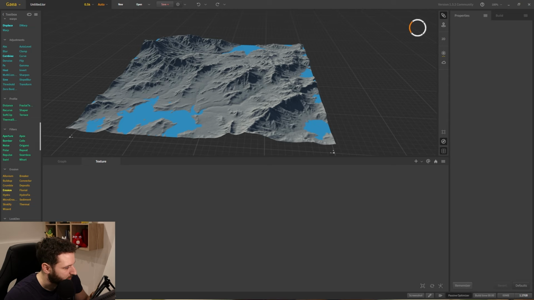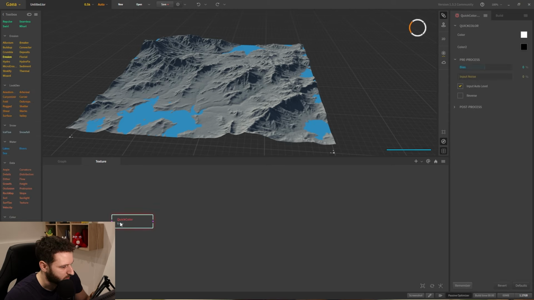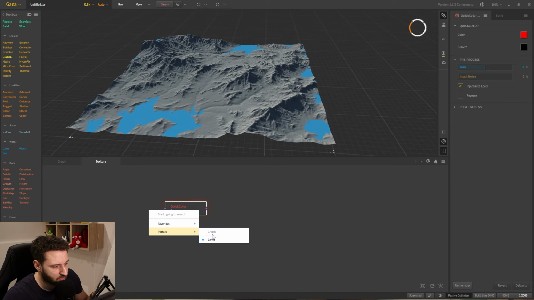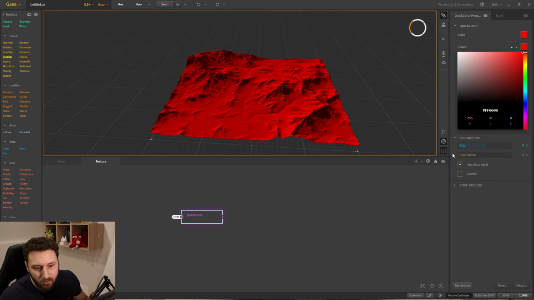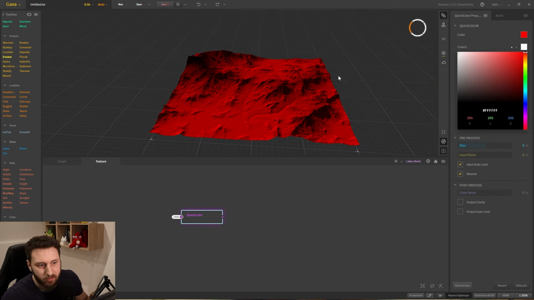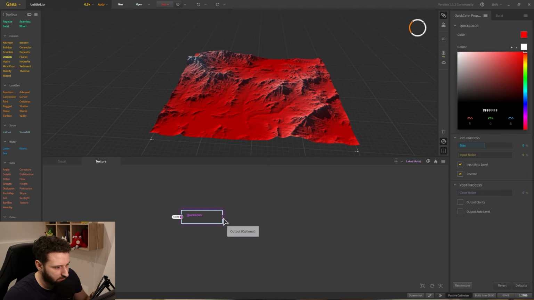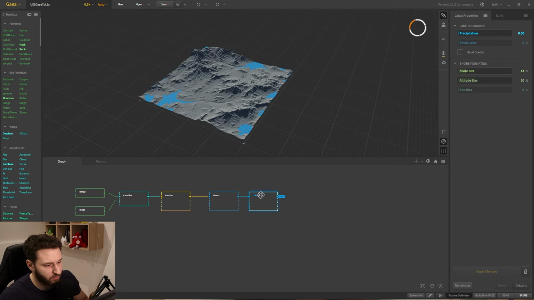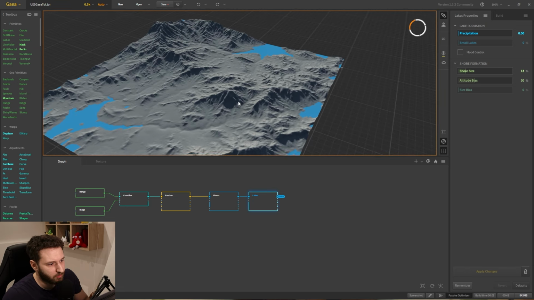If I go in here and get some color, first, let's do a quick color. And for the input, we can go in here into the portal. We can see the output of the lake, so you can add color to our landscape. That could be a way, for example, to add some snow, but we're not gonna do it like that. Let's remove that. Okay, so from the lake, I would like to add some snow because we'll have some snow